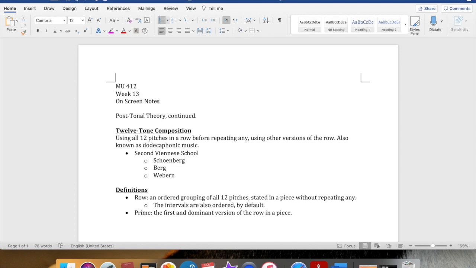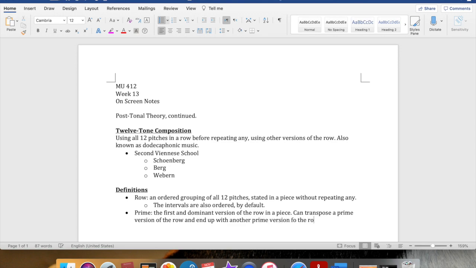Technically, it's not the same as having a tonic chord where it's consistent and you always know, but prime versions of the row can be transposed and end up with another prime